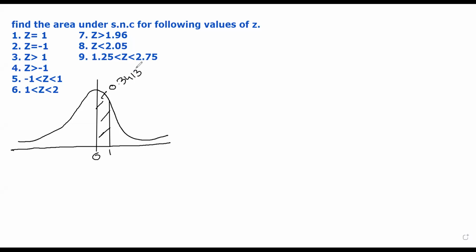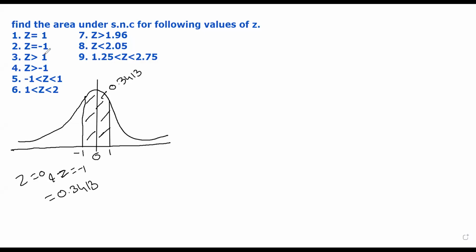Similarly, if they ask me to find out area of Z is equal to -1, the second question. Now here the theory of Z table will come. Standard normal curve, मैंने आपको उस दिन के वीडियो में बताया, standard normal curve is a symmetric curve over the axis Z is equal to 0. अगर ये symmetric है तो ये एरिया और ये एरिया सेम होगी. So what will be the area between Z is equal to 0 and Z is equal to -1? It will also be 0.3413, because the curve is symmetric, so we have the same area.